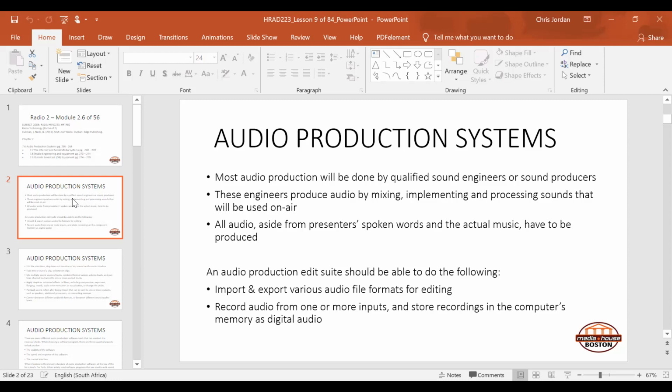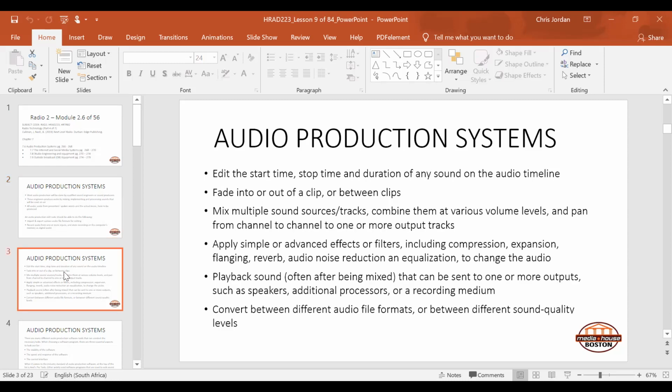In audio production edit suites, you should be able to at least use them to import and export various formats for the editing process, and record audio from one or more inputs and store the recording in the computer's memory as digital audio. When you are navigating through an audio production system, I'm going to show you Adobe Audition, particularly Adobe Audition 3. There are releases, I think, up to 6 or 7 at the moment. You can also find a mobile version, an app for your phone that's free and easy to use,